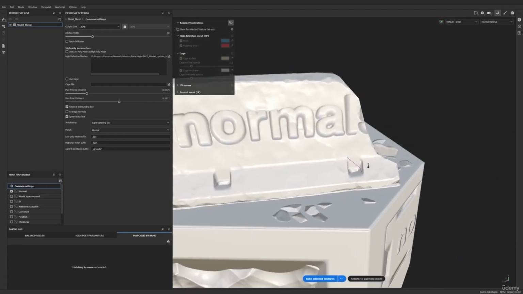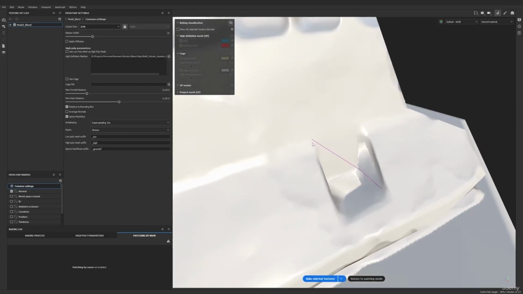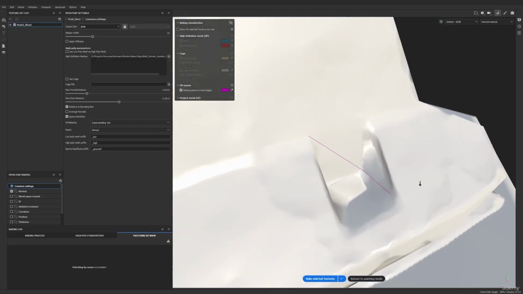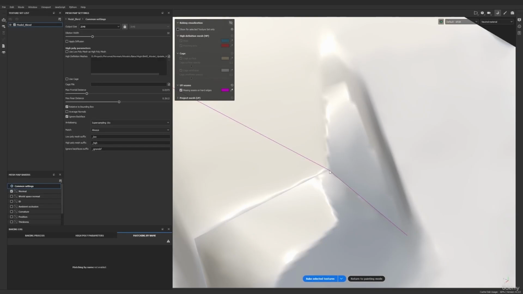And also what I want to do at the same time is, you can see here what's happening with this purple line, right? What this is saying is missing seams on hard edges, because this is a hard edge, okay? Every time there is a hard edge or a split edge, there needs to be a UV seam, okay? The reason is that a hard edge splits the vertices, right? And those vertices that are split